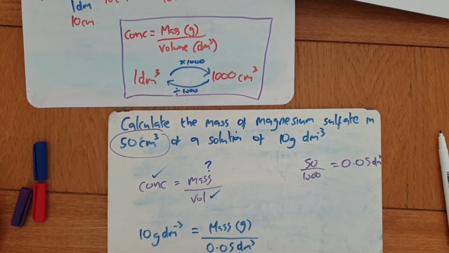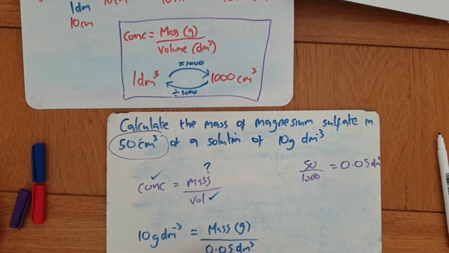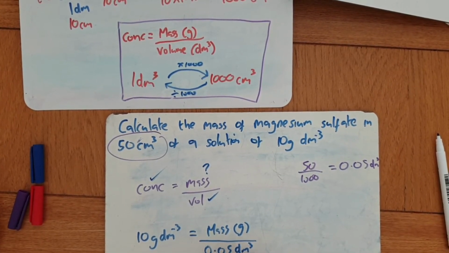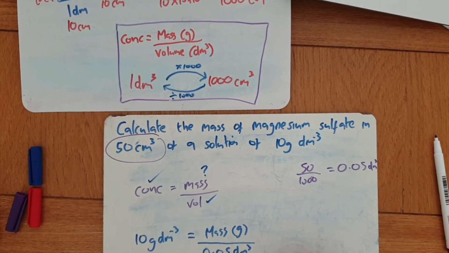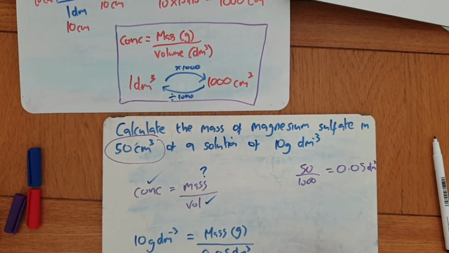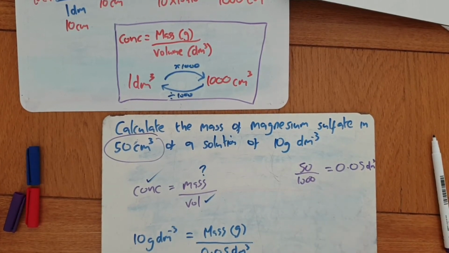So we rearrange that. The opposite of dividing by, we have to times it. So we get 10 grams per decimeter cubed times by 0.05 decimeters cubed equals, and you're allowed to use a calculator,